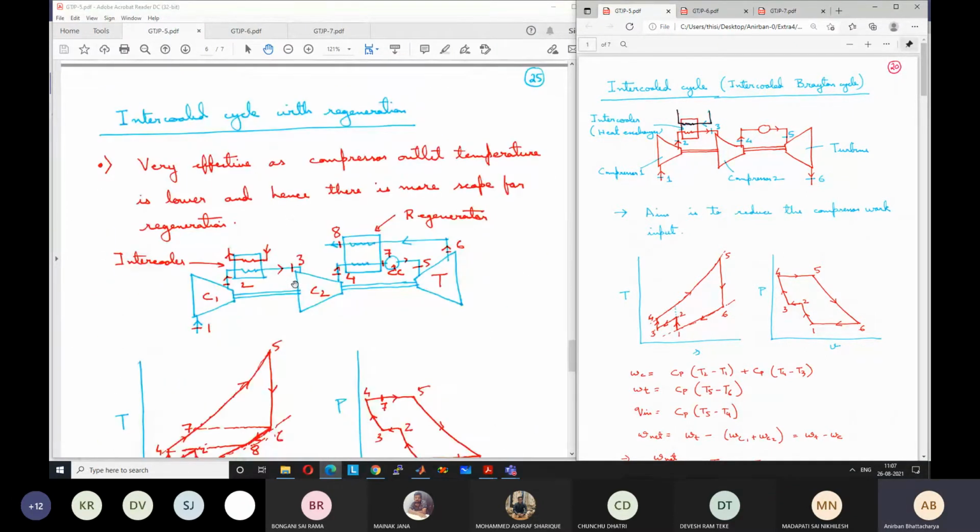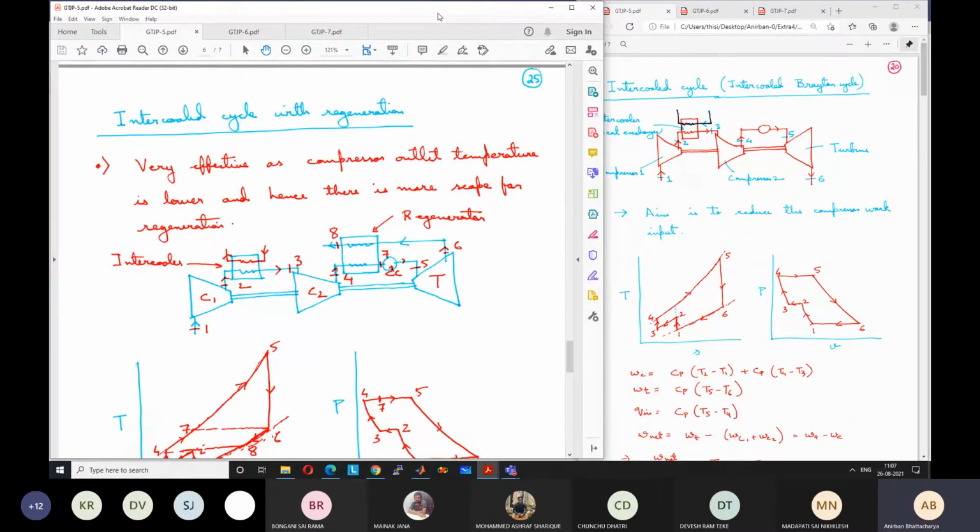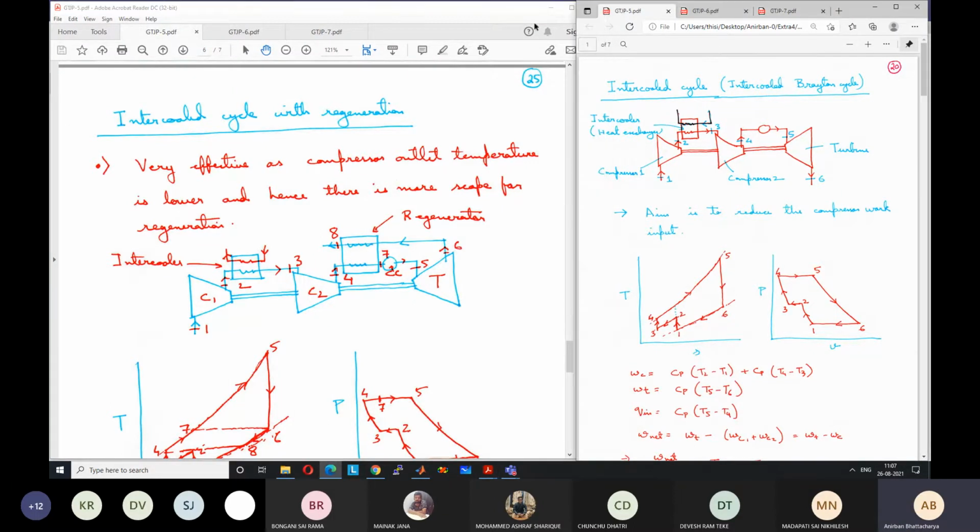So today we will study the combination of the intercooled cycle with these other cycles. One is the intercooled cycle with the regenerative Brayton cycle. Second is the intercooled cycle with the reheat Brayton cycle. And the final one is with all the devices: the Brayton cycle with intercooling, reheating, and regeneration. Then we will see their characteristics, see which cases are beneficial at what temperature ratio and R, and then we will solve a couple of problems to get an idea about how to solve this type of problem.